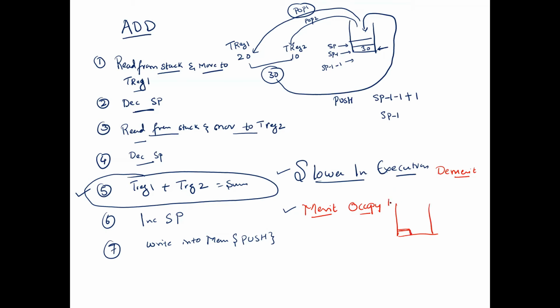So it occupies less memory, or in other words, we can say that it will have higher code density. In a given available amount of memory, when instruction sizes are small, I can place more such instructions, because the instructions are smaller in size, right?